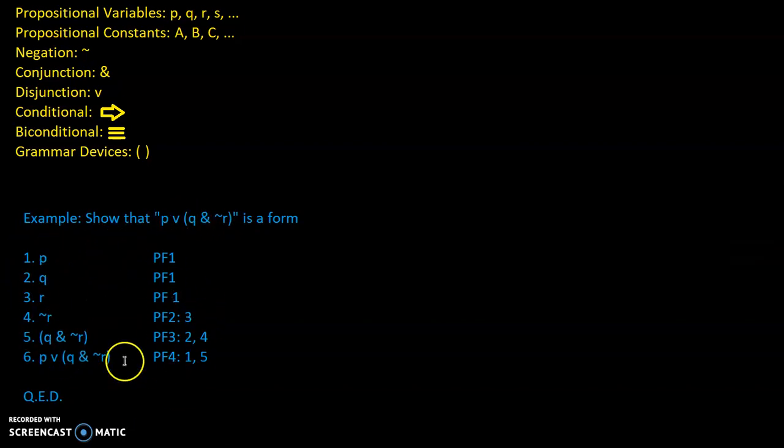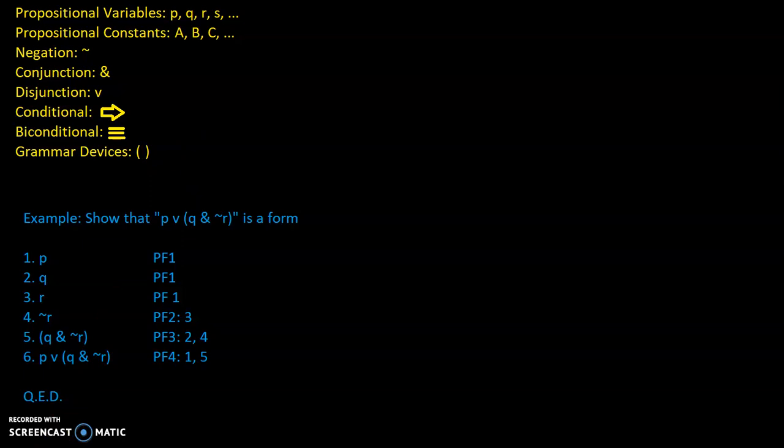This is all covered in the last video. It's just review, and it shows you how the parentheses work and how all these different symbolization devices, all of this machinery works together in a very formal way and shows what is a propositional form and what is not a propositional form